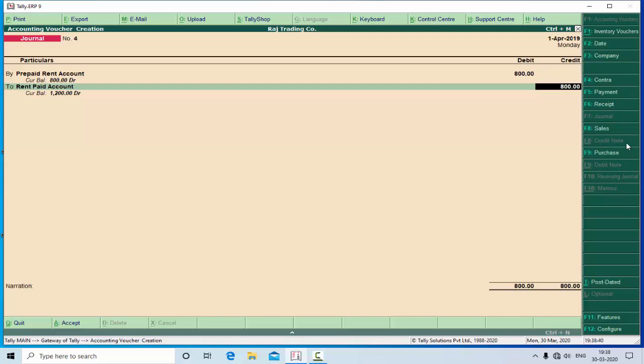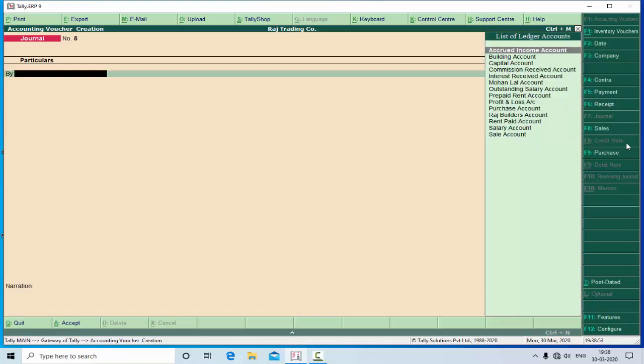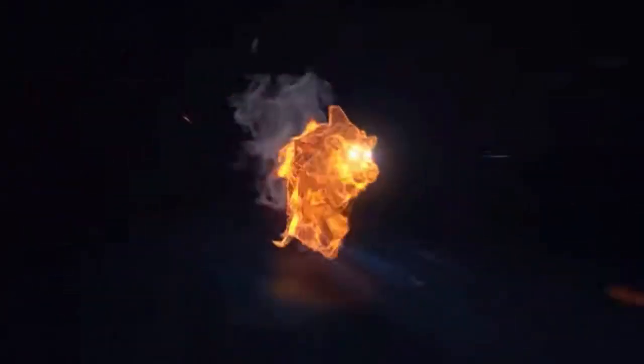If the salary is prepaid, the salary account is credited. If a telephone bill is prepaid, then the telephone bill account is credited. Enter the narration here: rent paid in advance. So I think you understand. And the next entry is